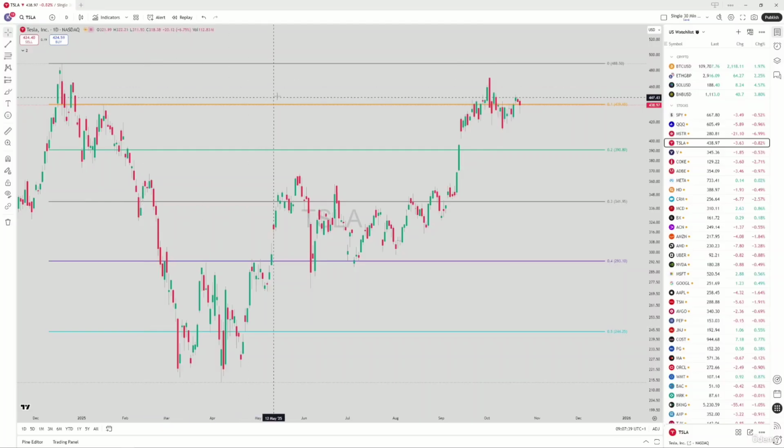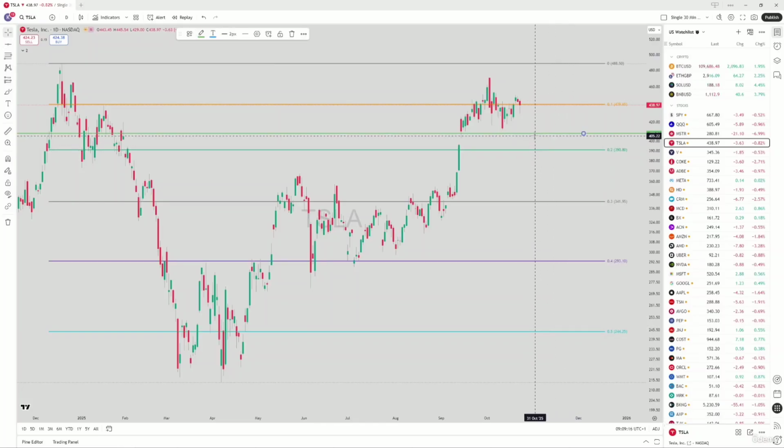If you want to put alerts on this, you can use the horizontal line at each of these levels and use that as an alert system. Now, just to show you exactly how to do that, go to your horizontal line tool. I'm just going to put this in the middle, even though you should be putting it at the actual level, just so you can see it. Once that line is placed on the chart, go to alert,